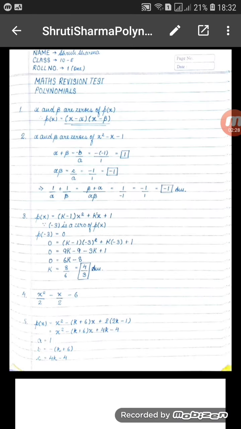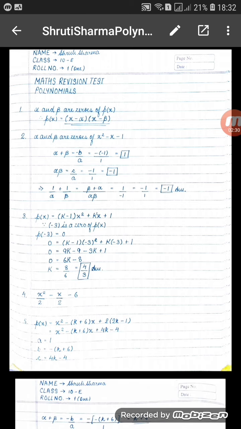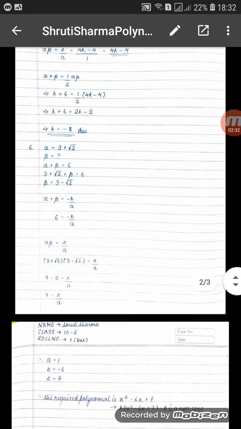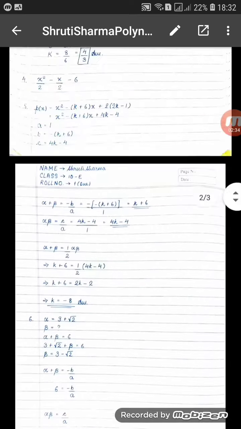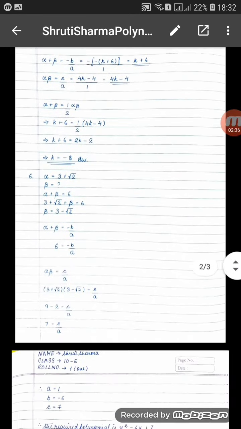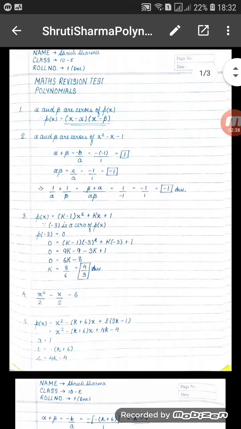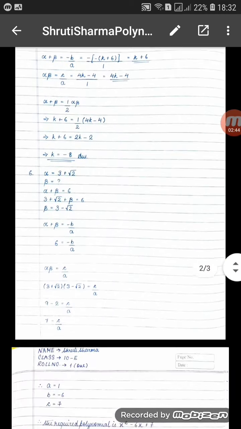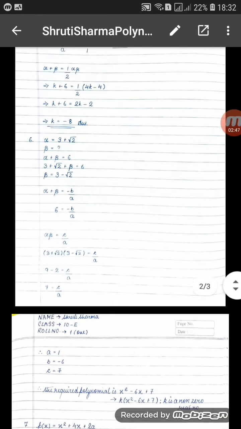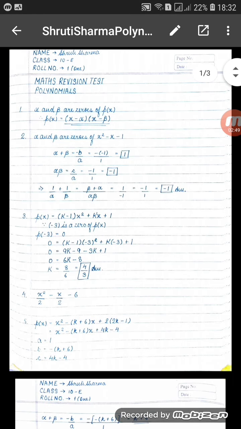So I'll open it, and now once I have this paper with me, there are 3 pages in it, as it is written 1 of 3, then 2 of 3, then 3 of 3, the third sheet. And as per instructions, she has written name, class, roll number on each page. So all the pages have this personal information, that is name, class and roll number. And now we can start the checking.